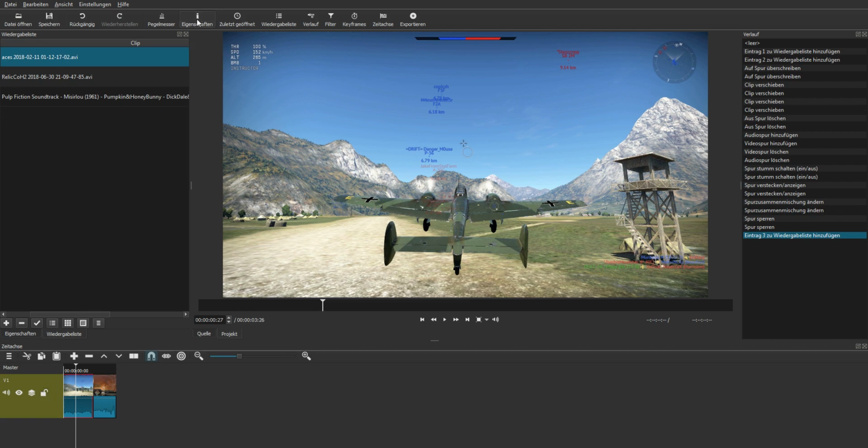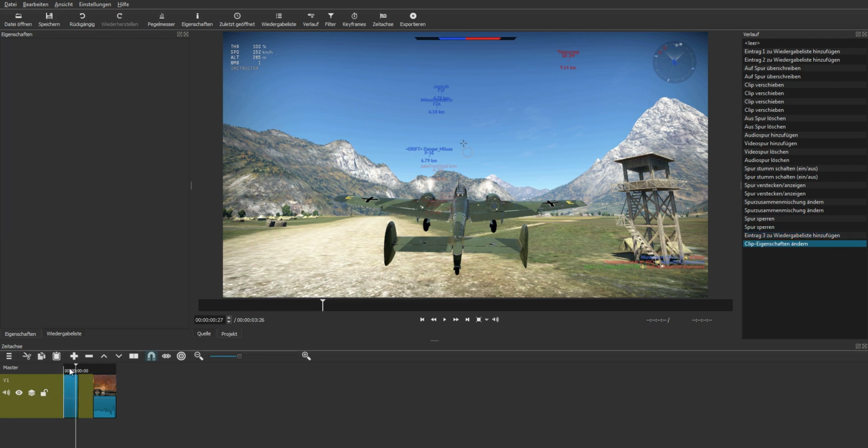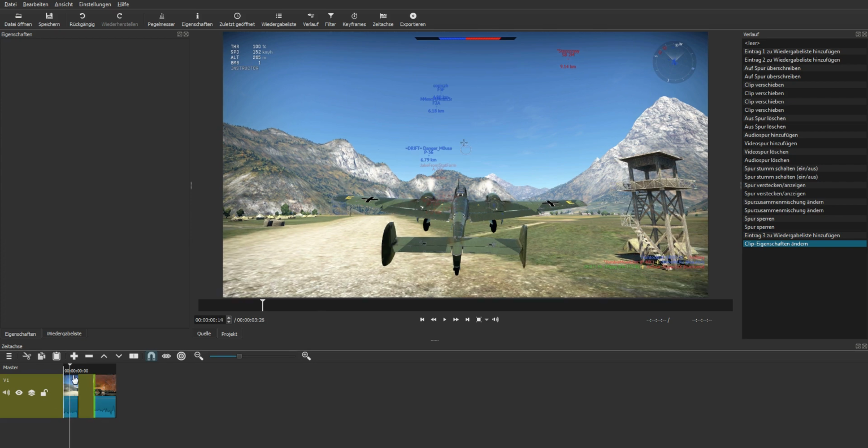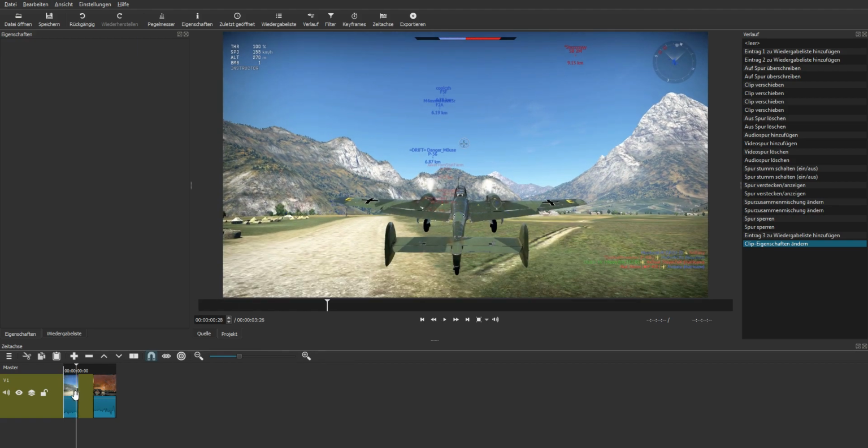By going now on the top on Eigenschaften, I can increase the length of the video or decrease the length by increasing the speed of the clip. By increasing the speed to double, the length will be shortened to half, as will be realized as soon as I click down into the timeline again. As you see, the time of the clip has been shortened by half, and the clip itself will be faster,